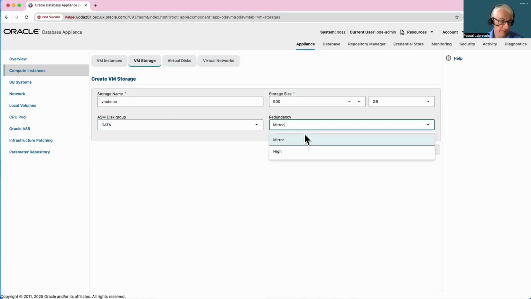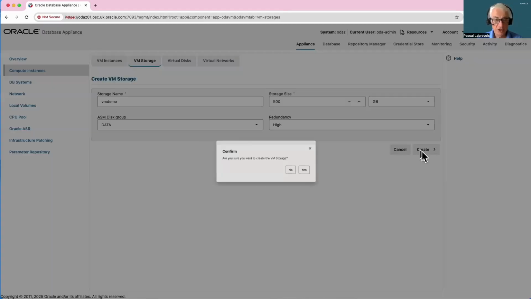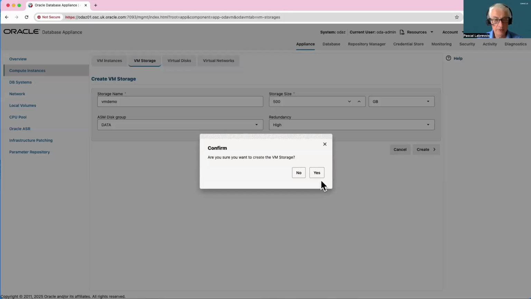If it is high, it is the same thing as triple mirroring that allows for 2 disk failures. I can also select mirrored, which is the equivalent of standard, which is going to tolerate 1 disk failure only. I'm going to select high.